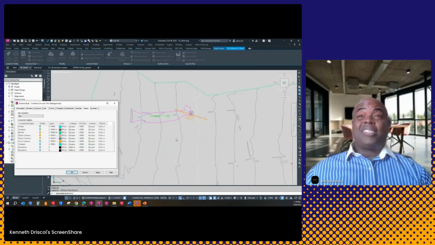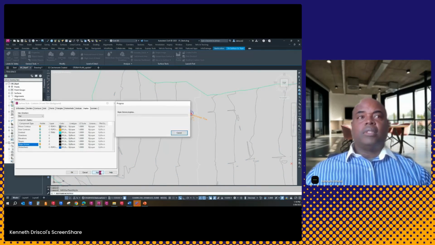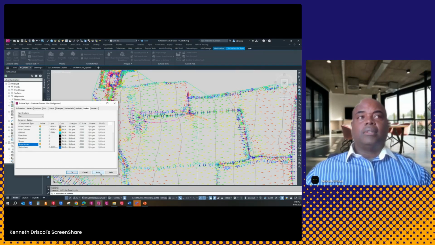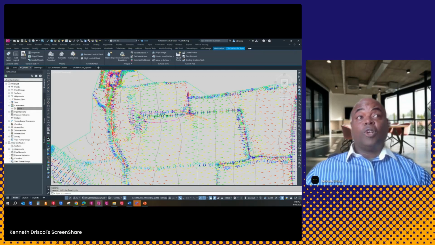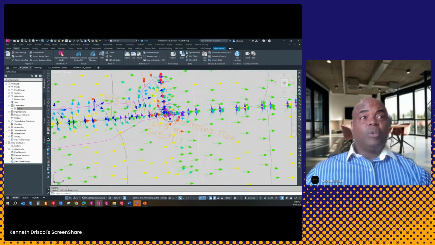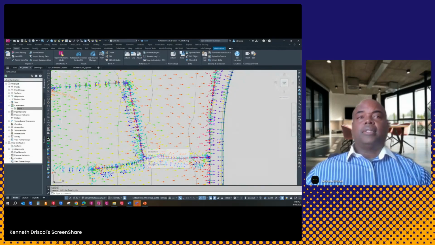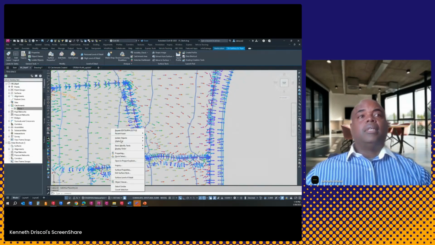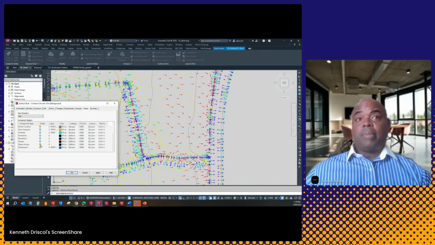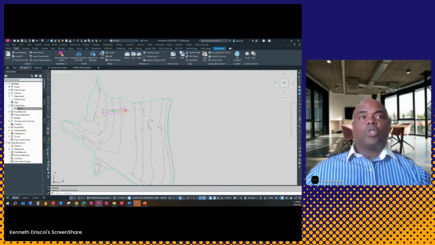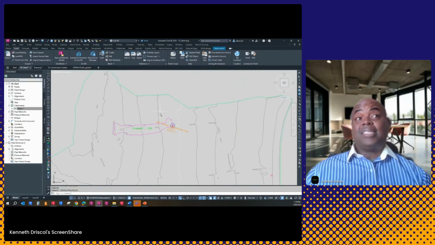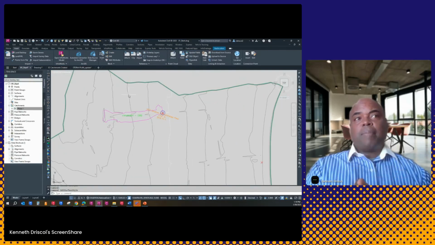So I always turn on my slope arrows. And if you look at your slope arrows, you can see where water would be draining to a little bit more clear. The other thing that I like to use, and I'm just going to cut that right back off. So slope arrows. The other thing that I like to use is this idea of if I pick on a